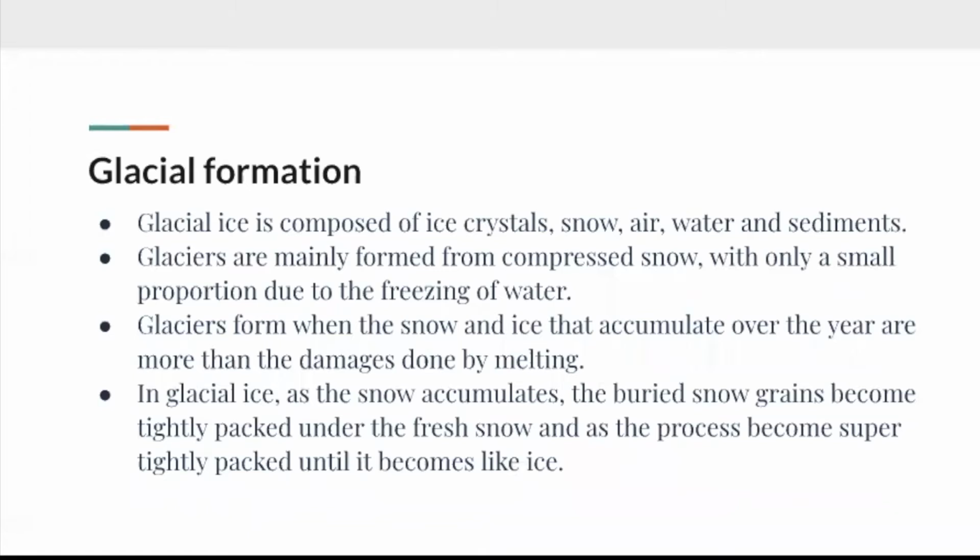Glacial formation. Glacial ice is composed of ice crystals, snow, air, water, and many sediments. Glaciers are mainly formed from compressed snow with only a small portion due to the freezing of water. Glaciers form when the snow and ice that accumulate over the year are more than the damage done by melting. This means that as it keeps snowing and more snow and ice accumulate, the net amount of snow and ice accumulated is more than the net amount of